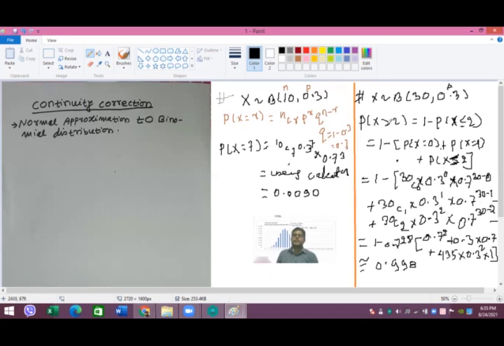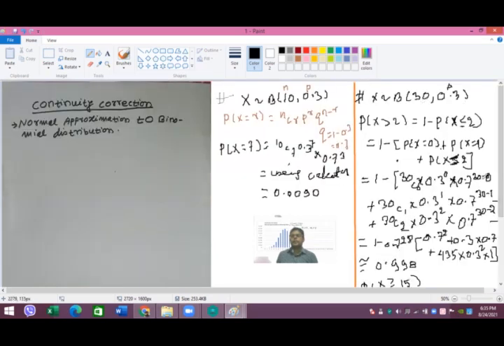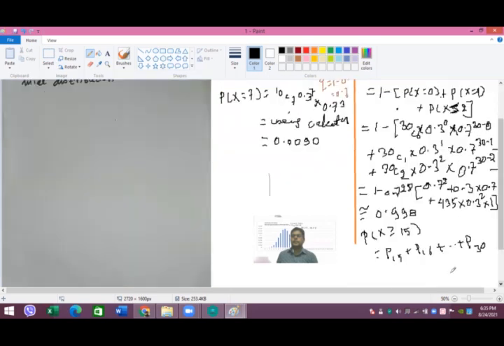This is the way that we calculate the probability in binomial distribution. But what happens, especially in the second example, if you have to find, for example, P(x greater than or equal to 15)? Then you require P(x equals 15) plus P(x equals 16) plus up to P(x equals 30), because your n value, the number of trials, is 30, so greater than or equal to 15 means it starts from 15 and ends at 30. If you count these steps, 15 to 30, you have at least 15 steps of calculation, so it's time taking.